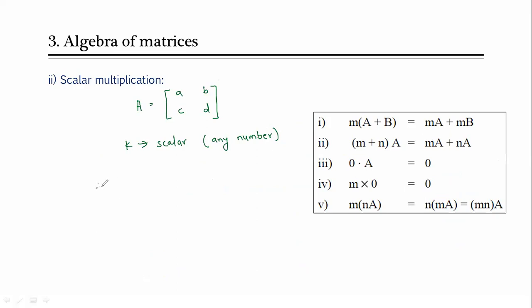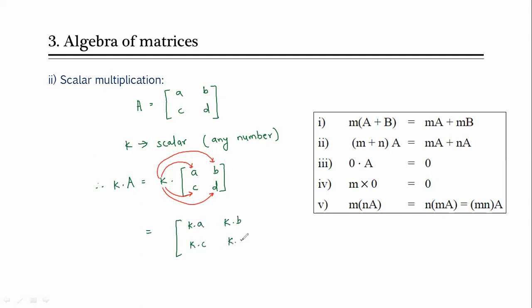Okay, so how can I write KA? It will be K into matrix A, with elements A, B, C, D. Now you can multiply this K with all the elements. So you are going to get a new matrix, and that matrix will be K into A, second element K into B, third element K into C, next is K into D. Okay. For example,